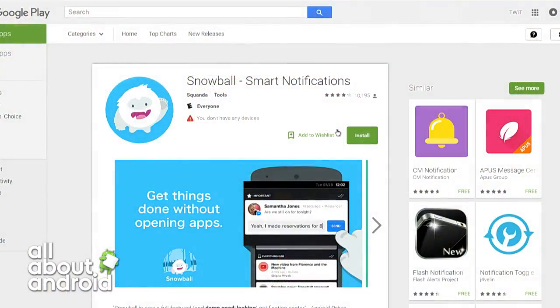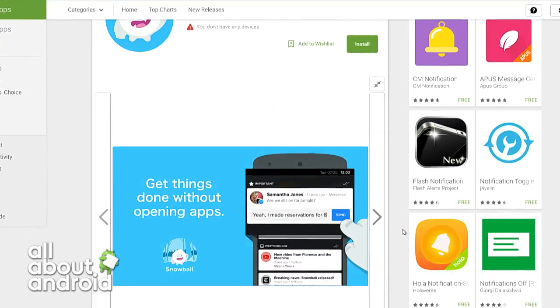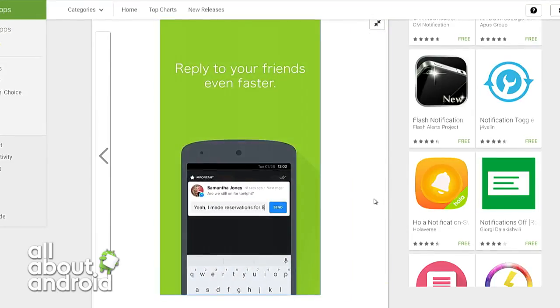But a great option, if you haven't checked it out, is Snowball, which is a great app that allows you to have smart notifications and allows you to control and also look really nice your notifications and give you priority, as well as what you're looking for, what they call a unified inbox, where you can dump all your Facebook, WhatsApp, SMS, email, all the stuff into one notification pane, kind of like that digest that you're looking for. So Snowball might be the answer you're looking for if you don't want to turn them completely off.